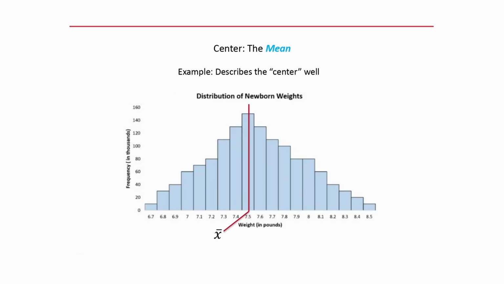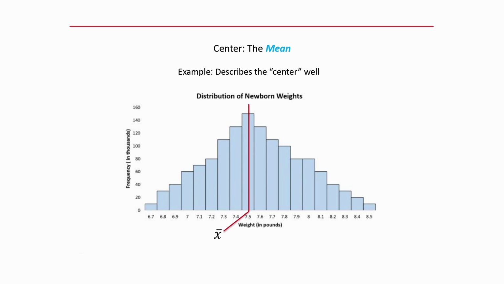To show you an example of what I mean by that, here's that histogram of the newborn baby weights. Now, most of the data is right here in the middle. It's symmetric, it's unimodal, and most of the babies weighed right in the middle, around that 7.4, 7.5, 7.6 pounds. Now, if we were to take this data and calculate the mean, it turns out you get about 7.5 on the dot, and I've marked that here in red. So this is an example where the mean tells you exactly where most of the data is,